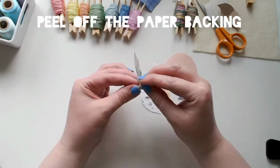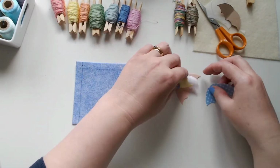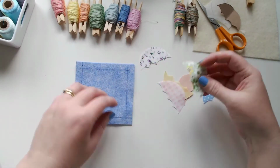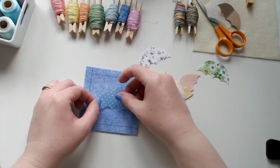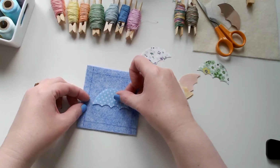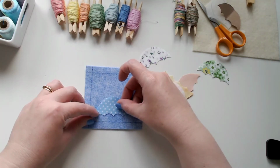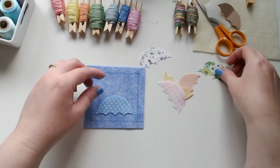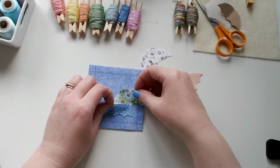Okay, so I have my umbrella shapes, and what I'm going to do now is decide on the arrangement. Now I think because this is a predominantly blue piece, I'm going to have my blue umbrella sort of front and centre. So I'm going to place that there, and then I'm going to arrange my other umbrellas around